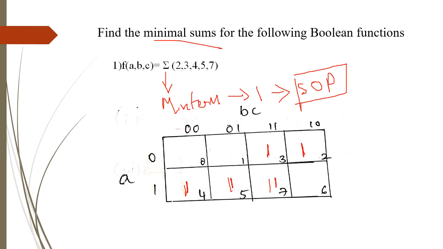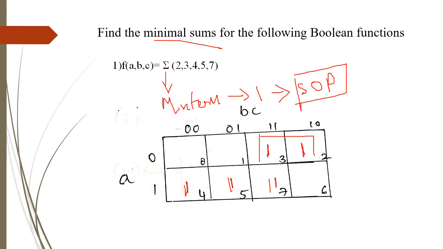Grouping has to be done in such a way that you don't simply group the elements. Each 1 has to be grouped in the K-map. No 1 has to be left idle, so all the 1s have to be grouped. If it is not possible to group with others, it can be grouped with itself. Here, if you check, I don't have any 8 cell grouping or 4 cell grouping. So the only possibility is 2 cell grouping, so I just do that.